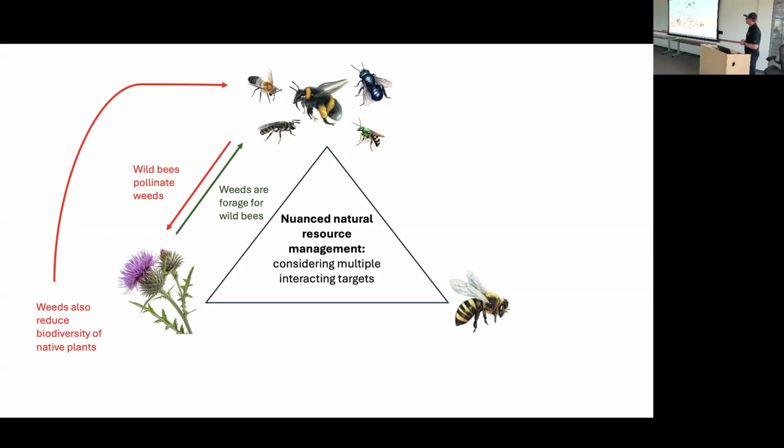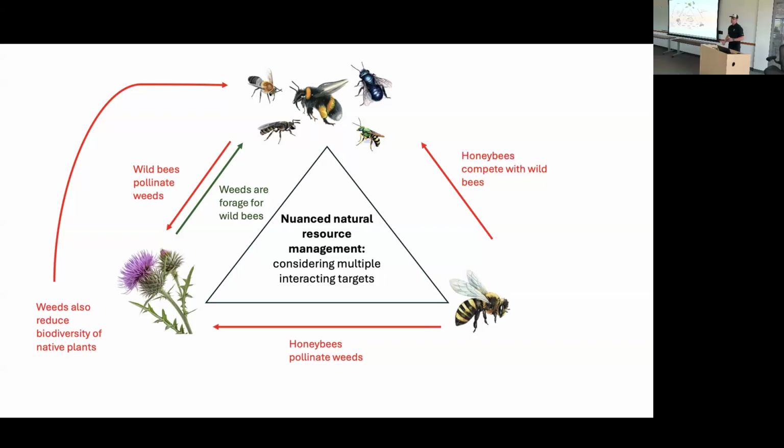We also have honeybees in the system. Honeybees clearly pollinate weeds and are major visitors to thistle plants. You have invasive species promoting the movement and reproduction of other invasive species. Honeybees also compete with wild bees. They reduce their foraging breadths, and native bees are changing their behaviors in response to this. We don't really know if wild bees harm honeybees. They probably don't, because honeybees are really good at going long distances to forage. They find these resource-rich sites, they recruit to them, and are quite happy to travel all over the place. Whereas if you're a little teeny native bee, you're not part of Amazon, it's not so easy.